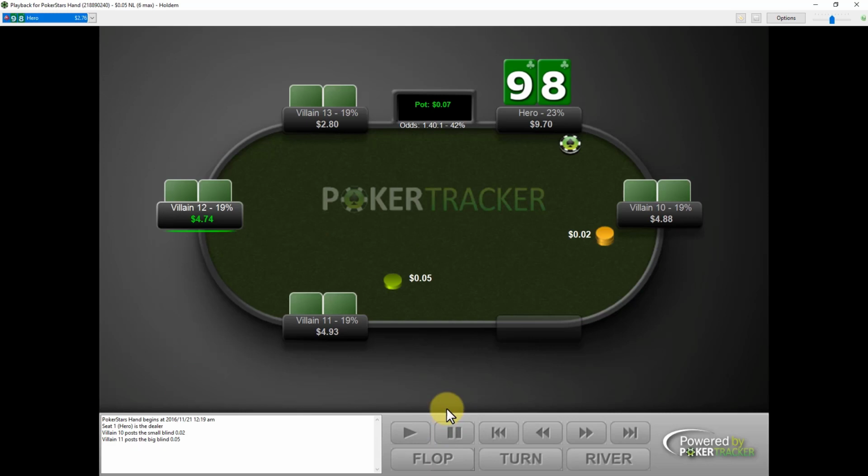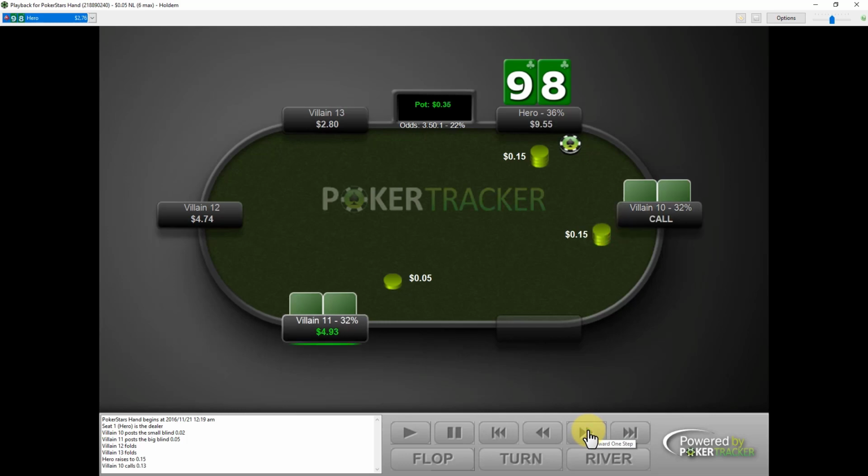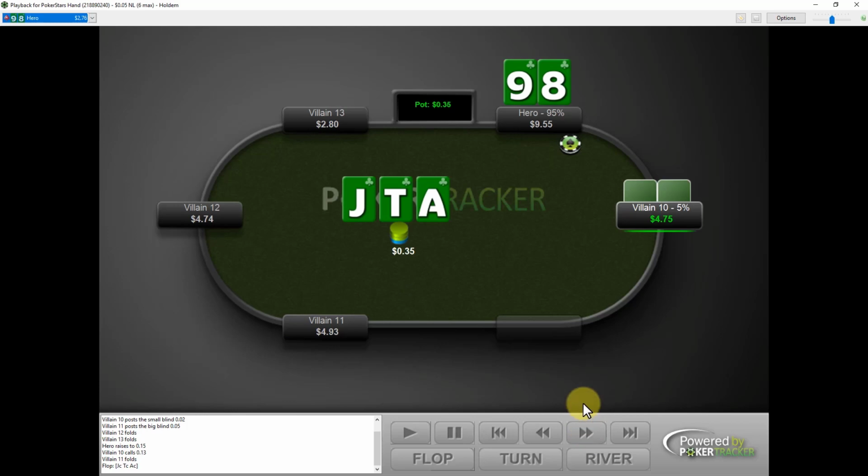All right, so let's go to our third example. We have 9-8 suited of clubs on the button. We put in a steal attempt raise on the button, get a call from small blind, get a fold from big blind, go to the flop. We flop a flush draw, and I'm not going to say really low, it's a middling strength flush draw. And our opponent checks, the action's on us, we bet here.